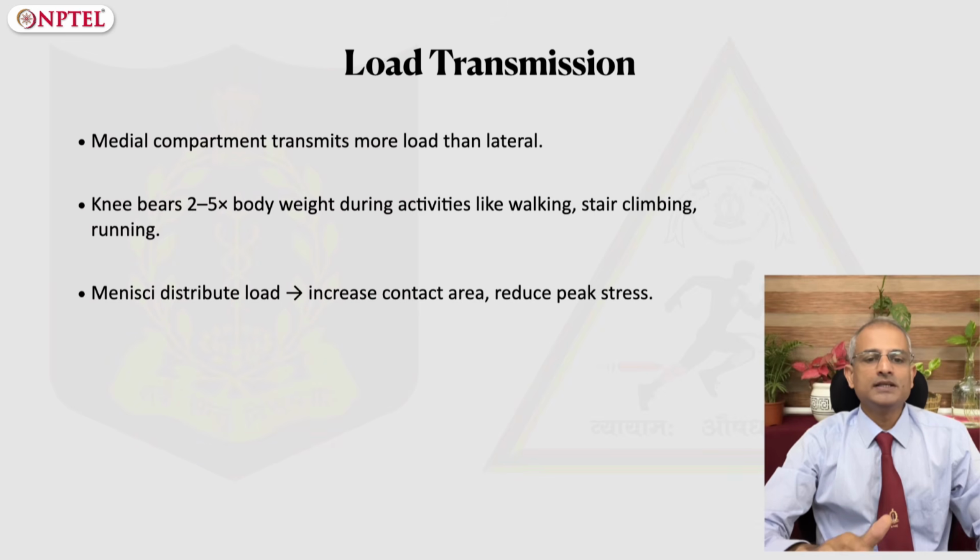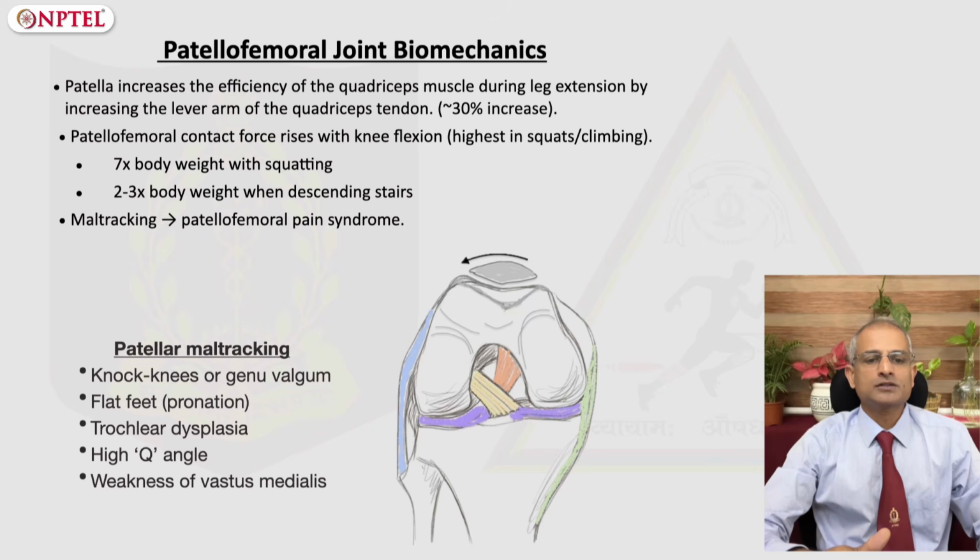During the gait cycle, the knee is primarily responsible for absorbing shock, providing stability, weight bearing, and also facilitates limb movement through flexion and extension of the knee. And this allows for smooth, efficient walking or running motion. Many of these structures, like menisci, ACL, and capsule, also have mechanoreceptors which provide feedback to the muscles, enhancing their reflex stabilization during movements. Last but not the least, let's look at the patellofemoral joint mechanics.